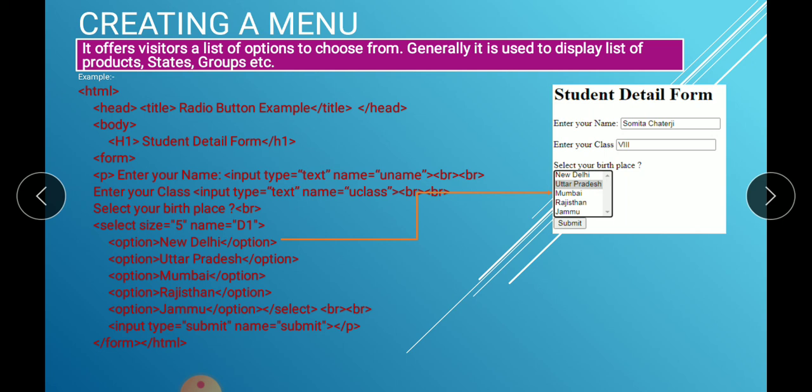Then while you are going through this example, you have to create the output window also. That's why I have given the output window also, because while you are viewing the output window, you will get, okay, this is the program for that. I have to create this type of program. I have to create radio buttons. I have to create menus. I have to create checkbox. So if you are creating the output window with your example, then it will be very easy, and it will be very easy to understand also.